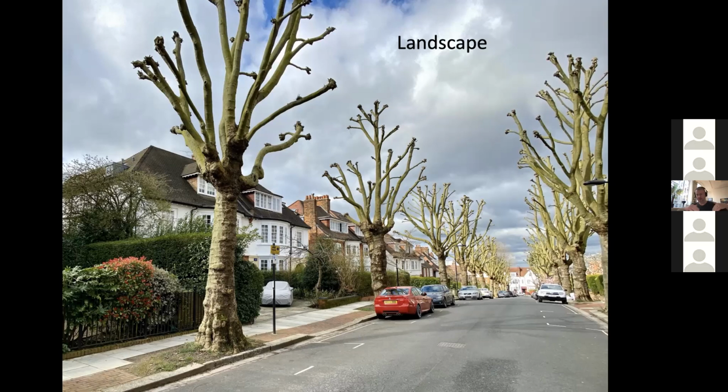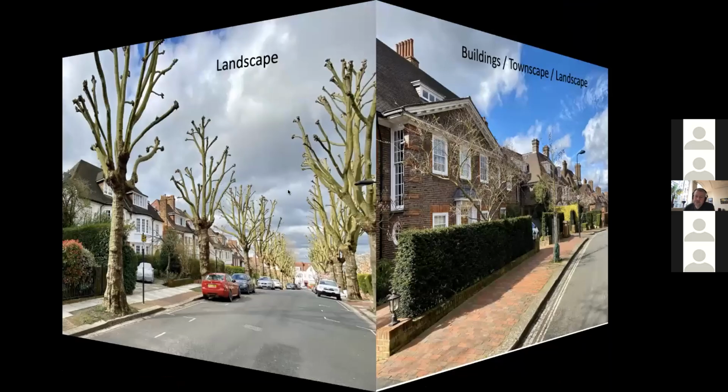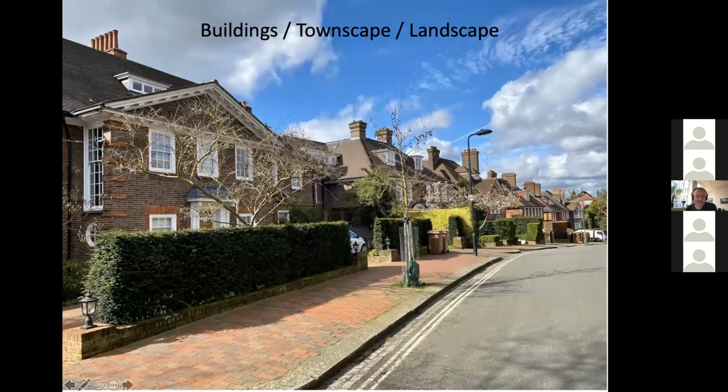building frontages, and enclosure and definition of streets and spaces is one of the fundamental aspects of character. I think when you're considering character, layout and the way streets and spaces are enclosed and defined by buildings is really your starting point. It's one of the most fundamental aspects of character, and certainly here that's the case. The layout, the garden patterns, and the sort of townscape character are fundamental. I mean, again, similar examples: the Queen Anne